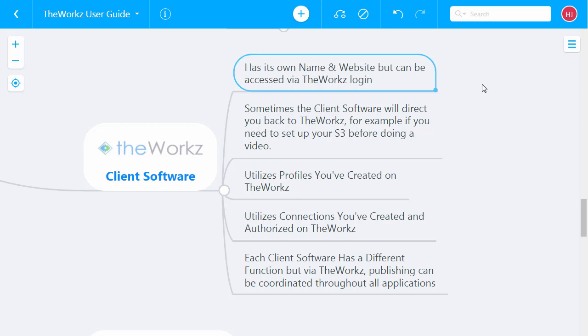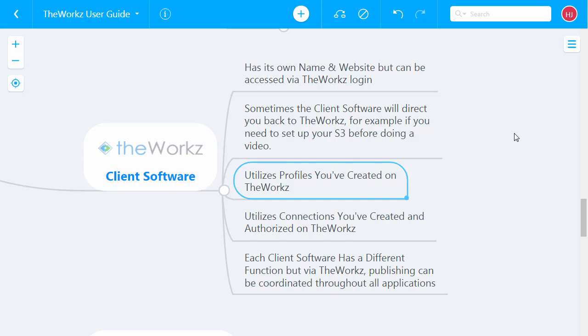And as I mentioned, the client software utilizes the profiles you've created in TheWorkz, meaning, as I described in the beginning, your niche accounts, such as the title of your business, the keywords associated with that niche, a description or mission statement of that business or niche, the default website that you want to promote for that niche, and so on.